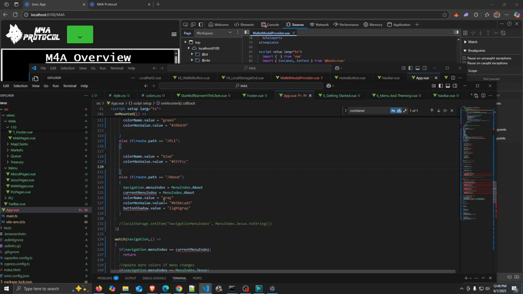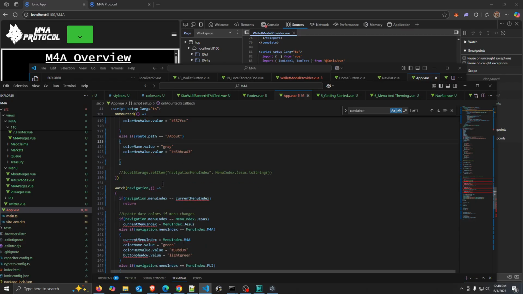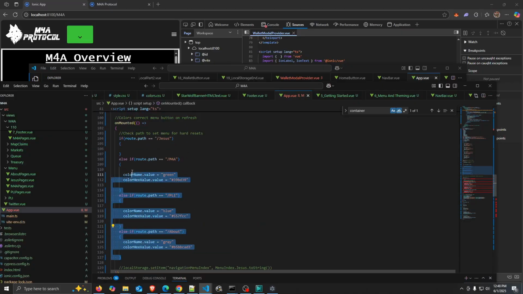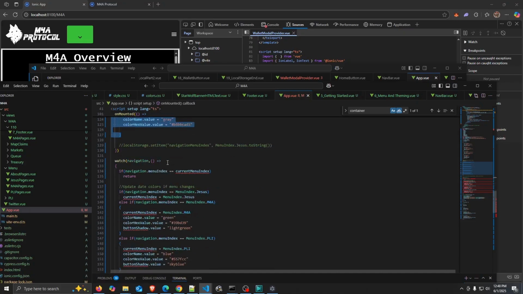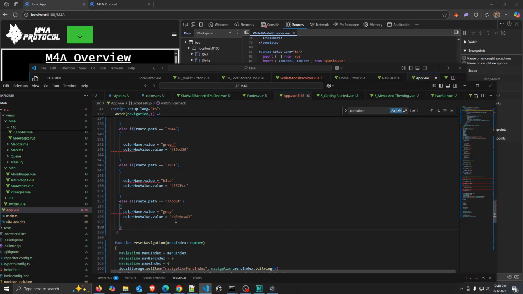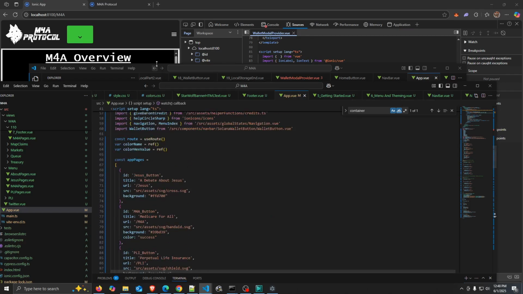We're just trying to get these values. I don't think it's necessary to get any of those, and I think this should probably be good enough when the navigation changes. If we want to update some colors, I think this would be good enough. Okay, so